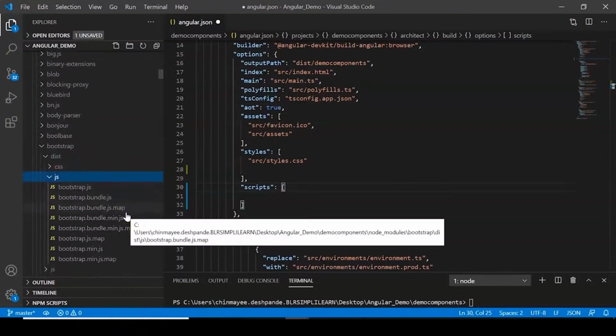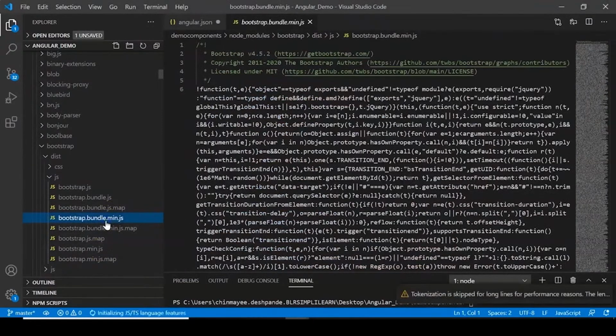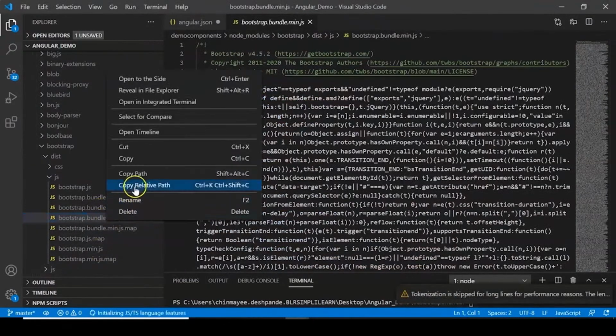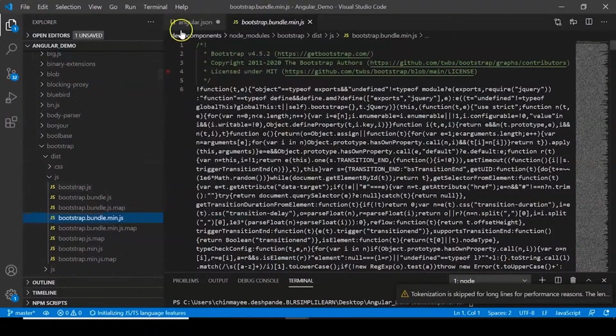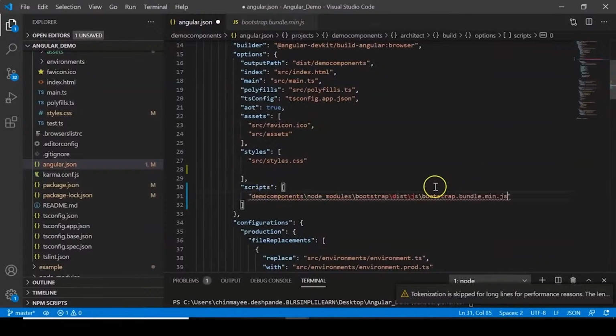And then you can see you have bootstrap.min.js. Well, I'm sorry, we need bootstrap.bundle.min.js. So here you can just right click and say copy relative path. And back in my JSON file, in my scripts, I'm just going to paste it here. And make sure to make it a path by providing ./